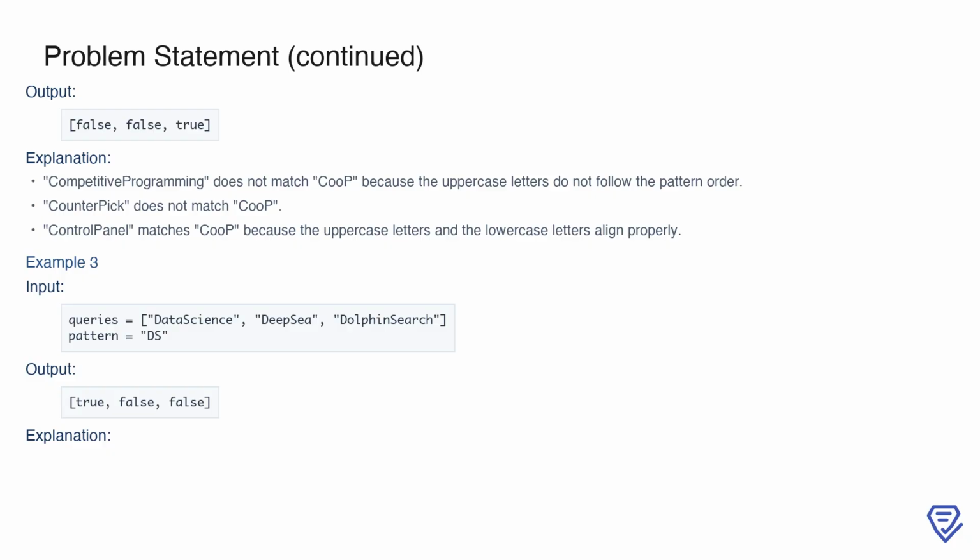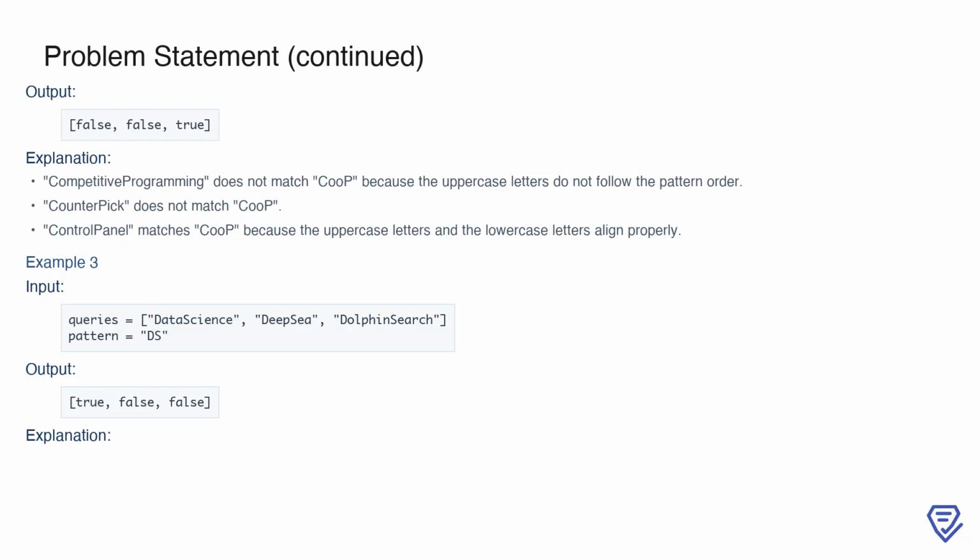For competitive programming, the match fails because the uppercase letters do not follow the order specified in the pattern. Likewise, counterpick fails for the same reason. However, control panel matches because the uppercase letters align perfectly with the pattern, and the lowercase letters can be inserted as needed to complete the match. This shows how both the order and alignment of uppercase letters play a critical role in determining whether a query